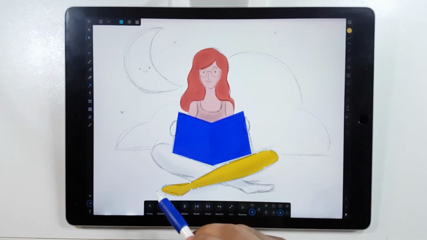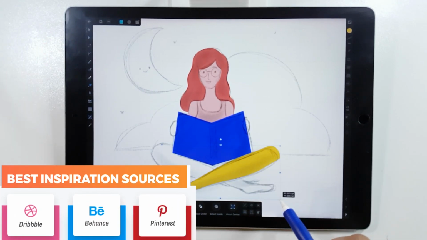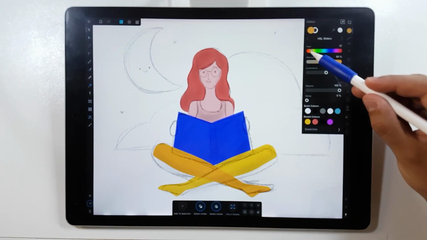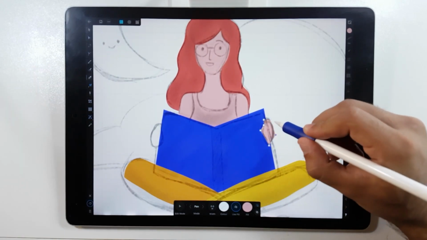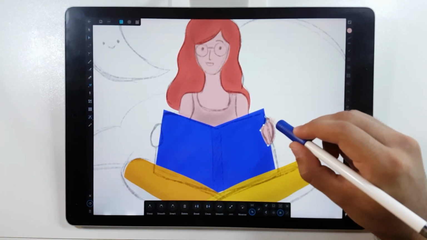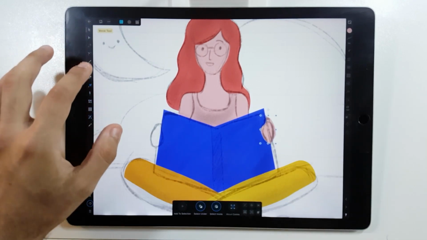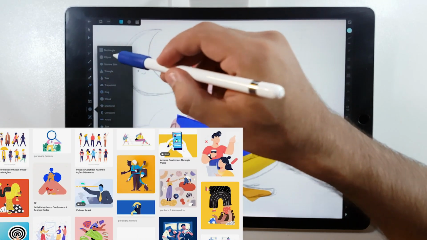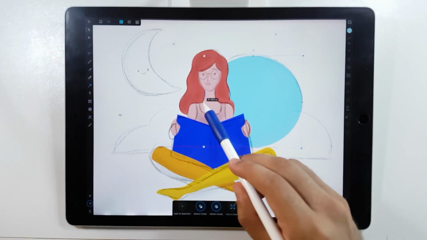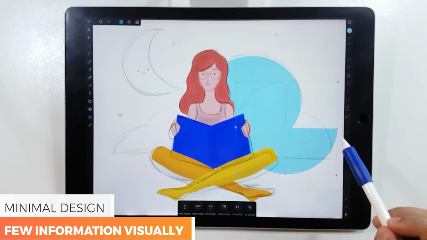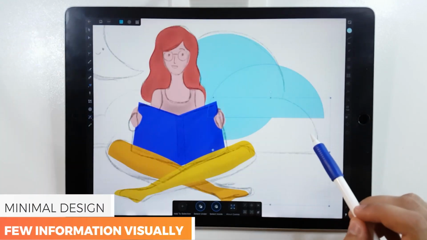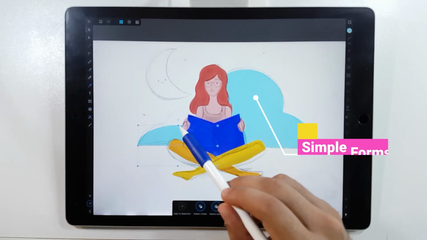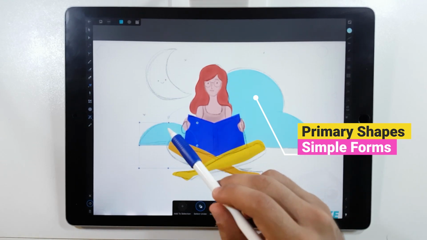If you look at websites like Dribbble, Pinterest, and Behance, you are probably going to see a lot of designers making this art style. And what I think about this is that it is a new trend, a new style that is getting a lot of popularity because of its simple meaning. You don't need a lot of details or a lot of information to describe one idea. As you can see here, I'm applying the primary shapes,